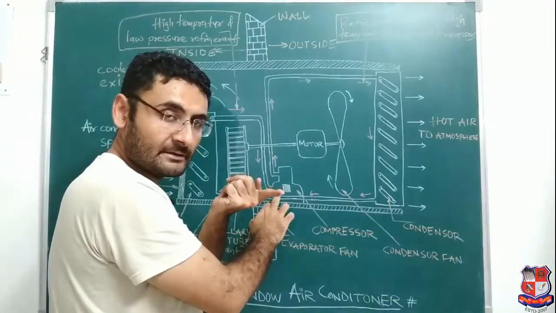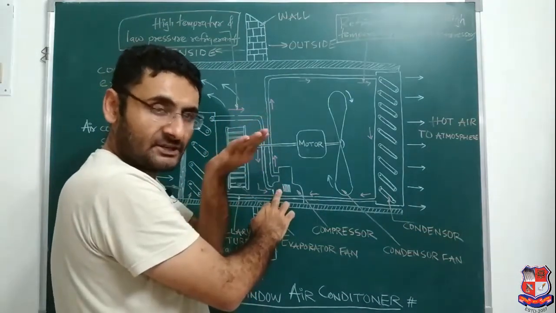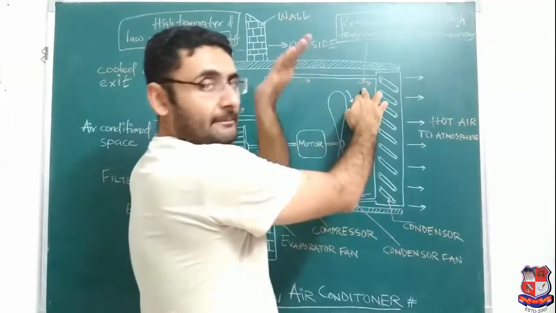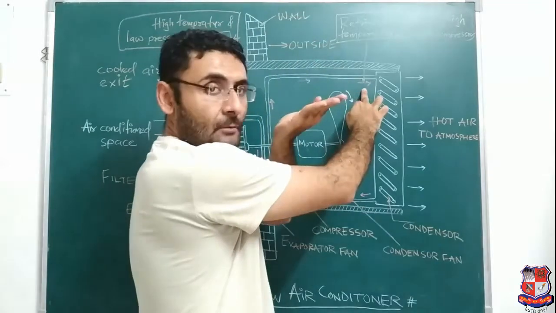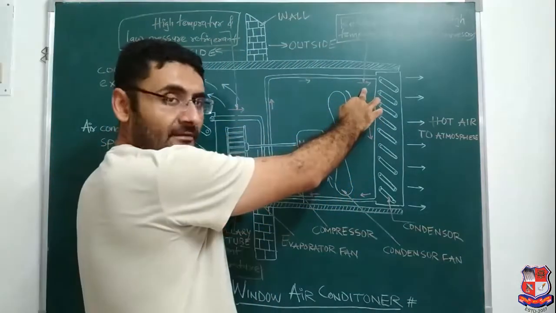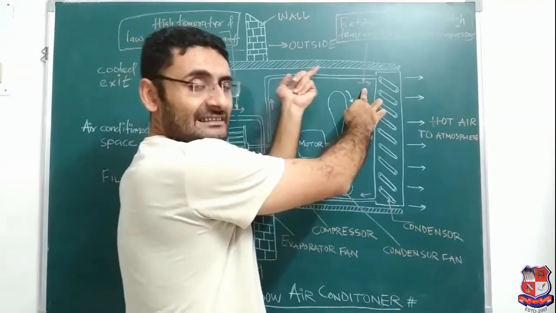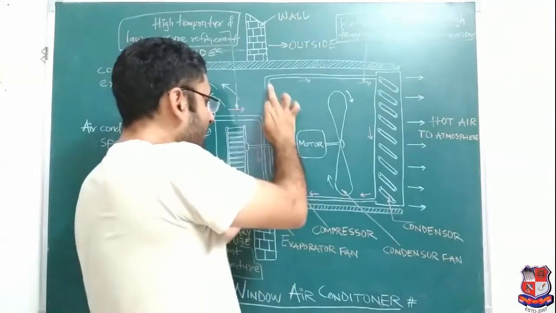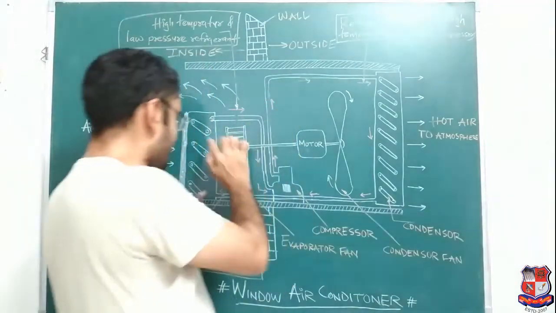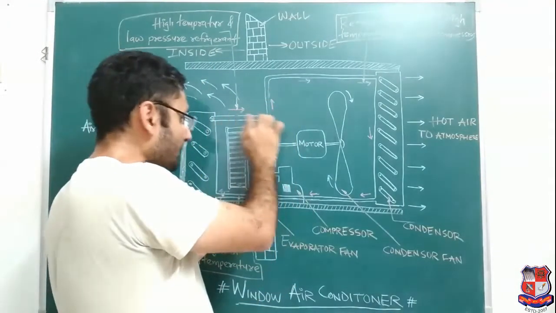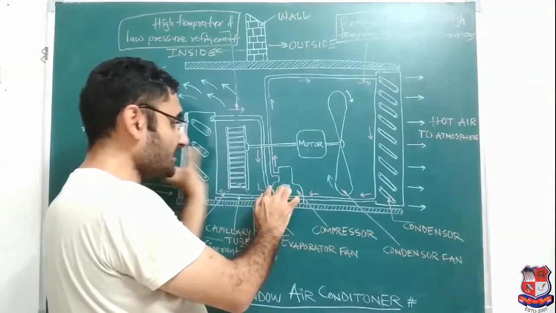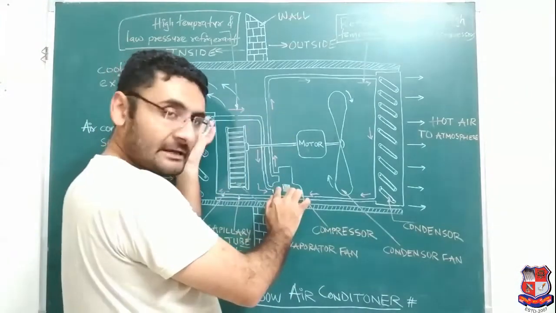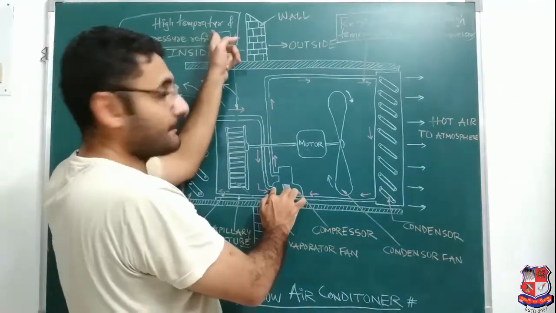Now in the compressor, what happens? It will increase the pressure and temperature. So at the outlet of the compressor, what will you get? You will get high pressure and high temperature vapor form of refrigerant, because over here the liquid form is there. When the liquid form increases its temperature, it will convert into a vapor form. So that is your outlet of compressor, that is your inlet of compressor. From the evaporator, high temperature refrigerant will enter the compressor. So I wrote over here high temperature of refrigerant.